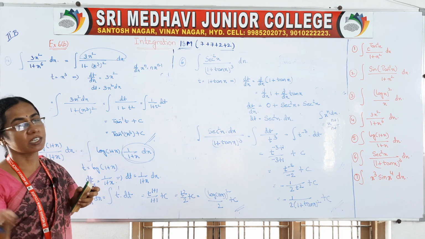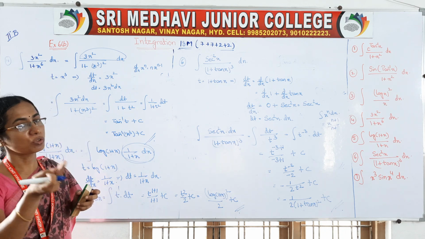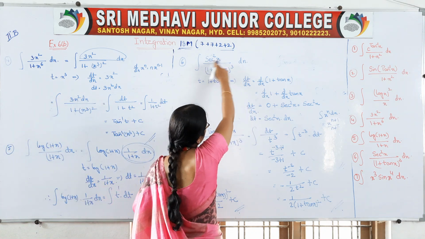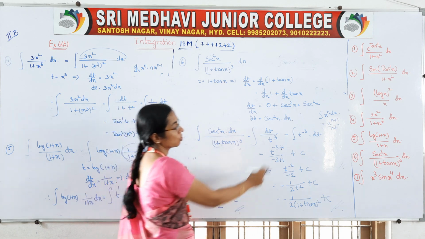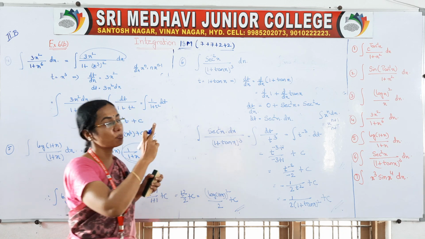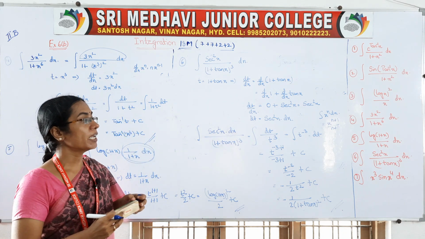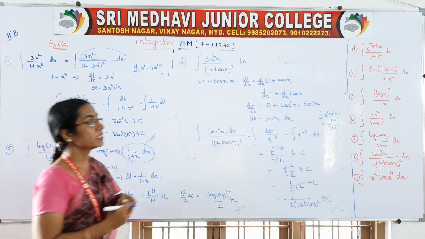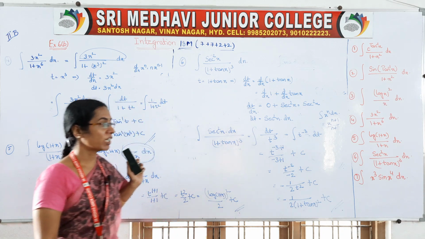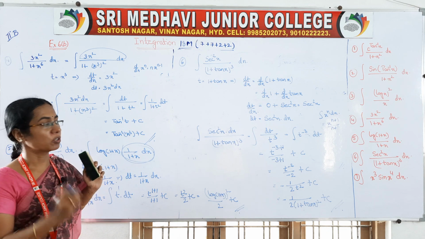Differentiate with respect to x. In all the problems, we will take t as one value and differentiate so that we can get our dt value. So we got dt as the other value. Substitute. So we got this in standard form, integral of x to the power of n dx. Its form is x to the power of n plus 1 by n plus 1, where n is minus 3. Okay. n can be positive or negative. Only the power we have to take.